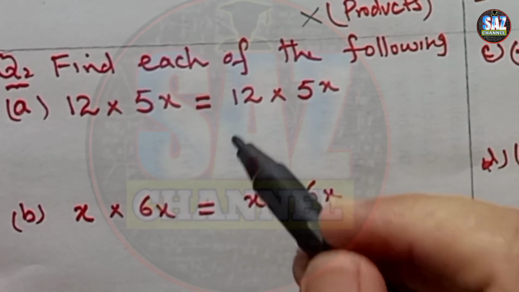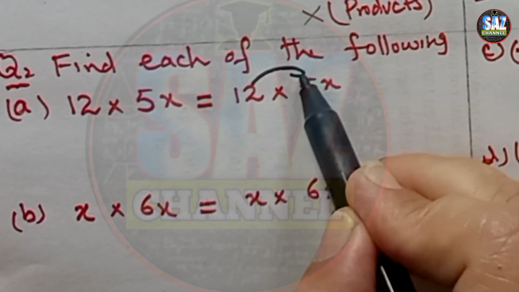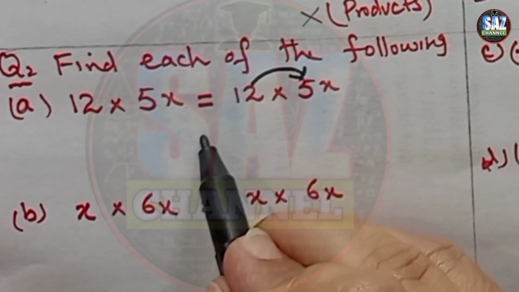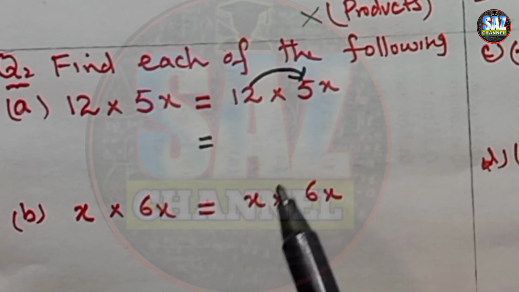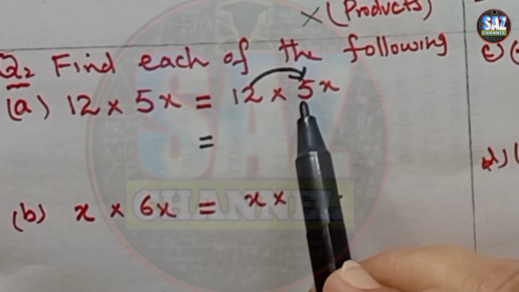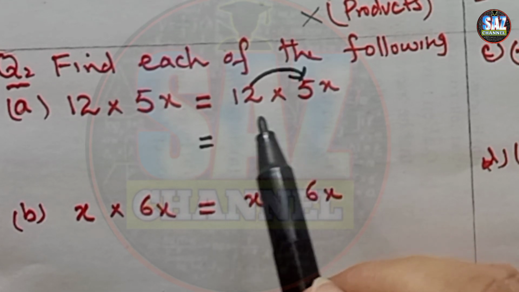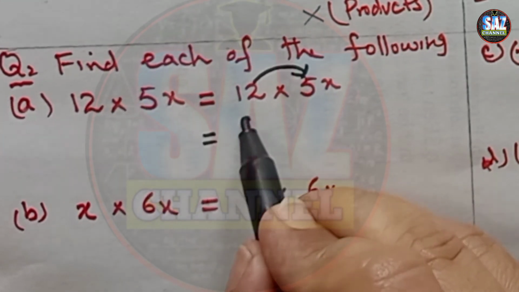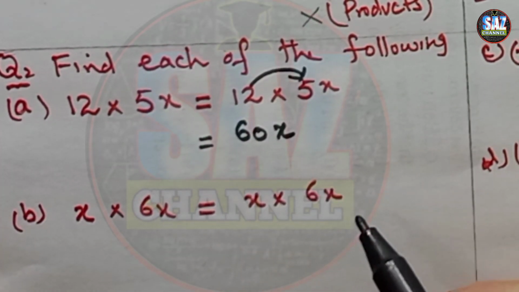Okay, what we have to do is multiply the constants with constants and variable terms with variable terms. For the constants, you have to read the tables, and for variables, you have to apply the laws of exponents. Okay, now when 12 is multiplied by 5, recall the table of 12 and read it for 5 times. 12 5s are 60 and x. Very easy question. Let's move to the next question.